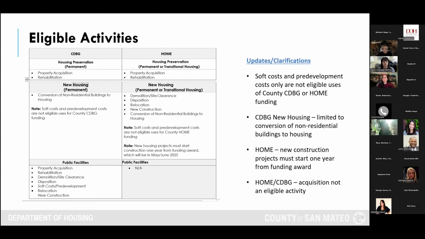With that note, soft cost and pre-development alone are not eligible, but if it is in tandem with the actual development, and you will be breaking ground within a year and having the project completed within 4, it is definitely something that could be up for discussion in the contracting and development of that contract.